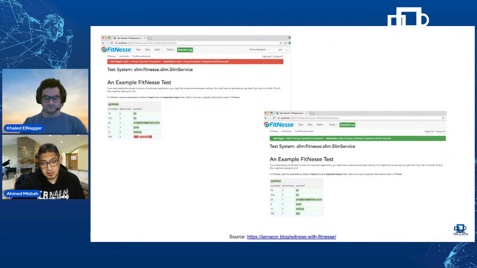These screenshots basically show you what FitNesse looks like. It's a web application, and it's based on wikis. You create all of these different web pages to represent static pages just for documentation, or test suites, or test pages, and Khaled will show you this shortly. As we've said, you write your scripts on this web interface, you write your fixtures using FitNesse, and you can execute that using this web interface.